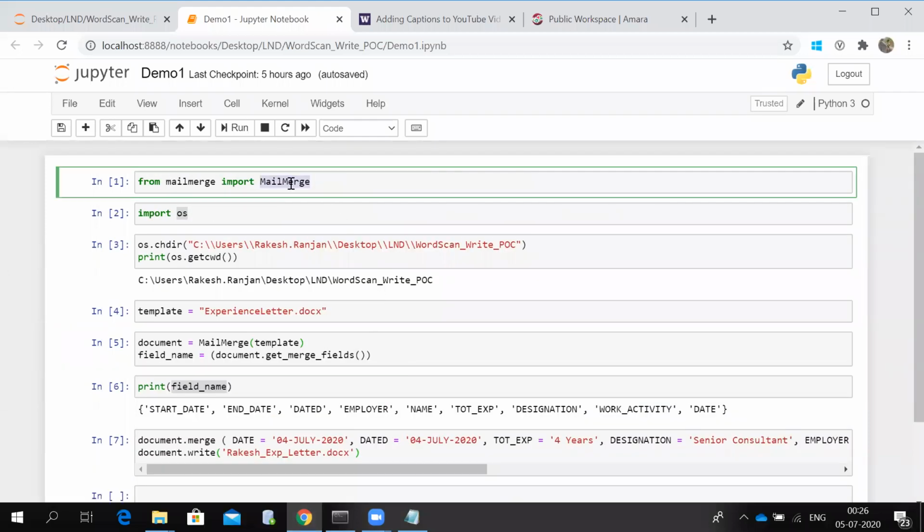If you see it here, I have imported all the libraries which we are going to use in the script. The mail merge library is being used to scan the Microsoft document. Whatever contents are there in the Microsoft Word, we are going to scan it, and then we are going to assign values to different tags which are available there in the Microsoft Word.